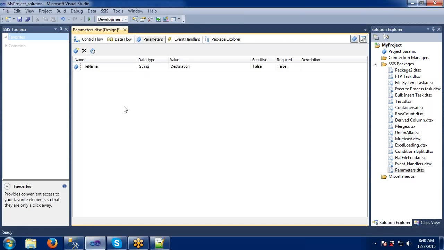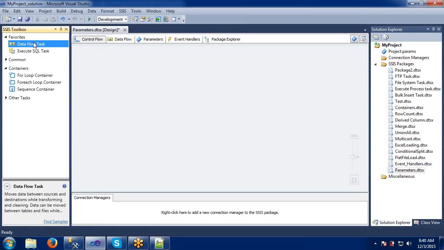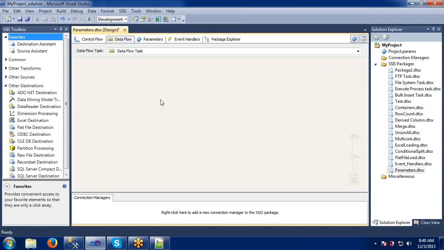So for this, I am going to take one control flow and move some data to some path here.